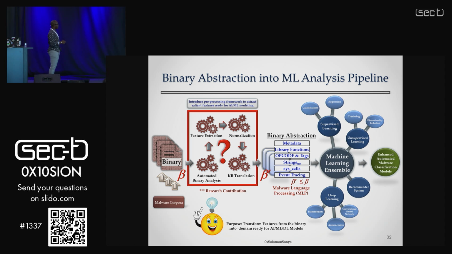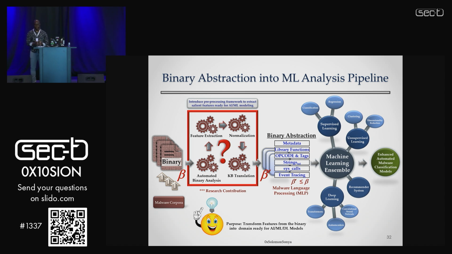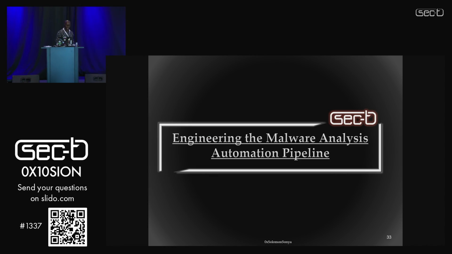But at least starting from an executable, we can abstract the features that we need into the specific areas that we spoke about previously. And then this is ready to be fed into already existing machine learning models. So if we can do that, then we can feed a brand new sample I've never seen before to the models and ask, do we think it's malicious, yes or no? Or if we do think it's malicious, what specific malware family might it belong to? Or perhaps we can establish code prevalence, in which we see that code has been shared between different malware samples, just to help us detect things that we've never seen before. This is generally what that pipeline can look like.